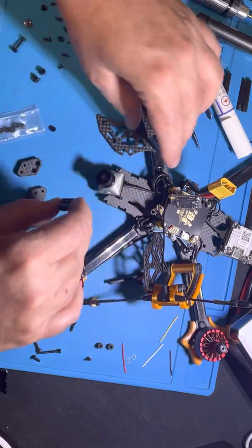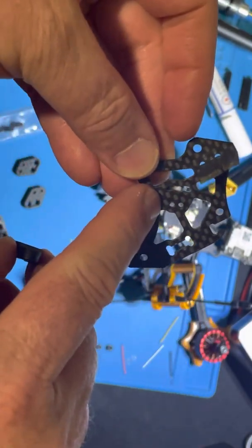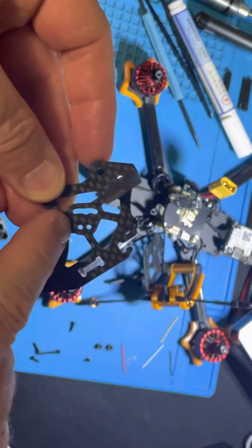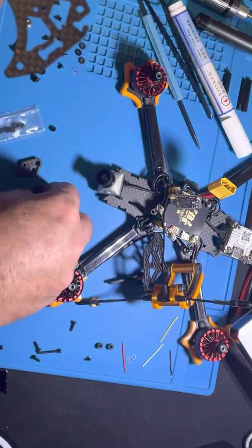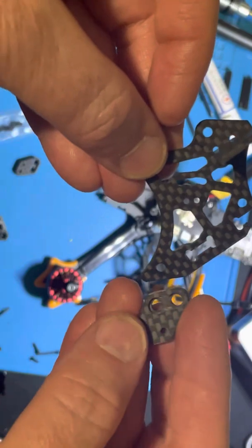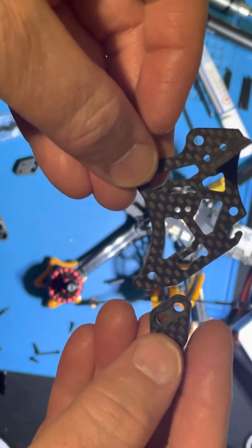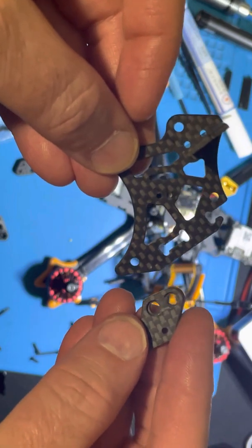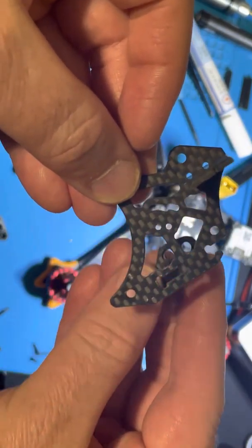But then as you start to line things up, looking here, notice these holes here are 2mm holes. And the holes in this are 3mm holes. So this is on the inside. How would you get a 3mm